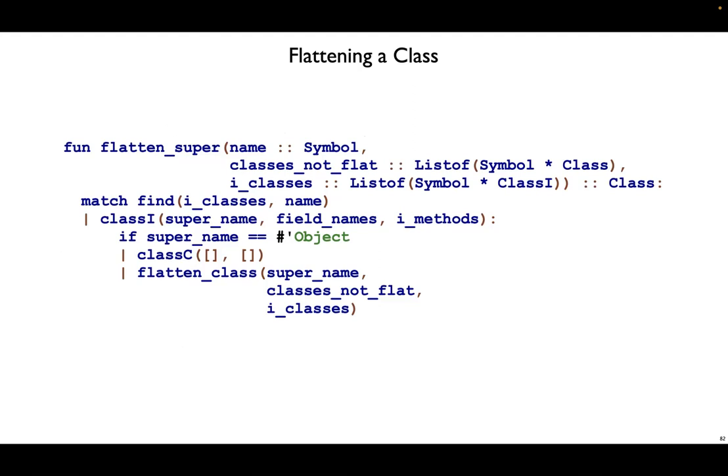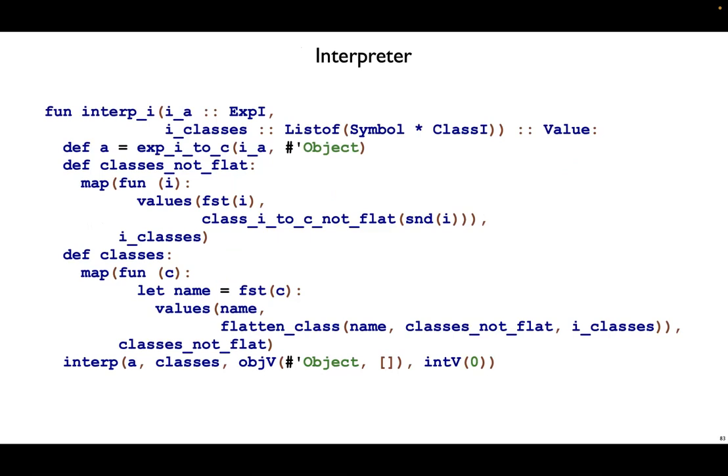The interpreter for I expressions ties the whole translation together. It starts off with an expI and a list of I classes. Next, we translate that expression into a plain expC with the current parent as object. Then we take our first pass at translating the class declarations, getting classes not flat. Third, we flatten all those classes, bringing in the fields and the methods from the parents. And finally, we can call our old interpreter